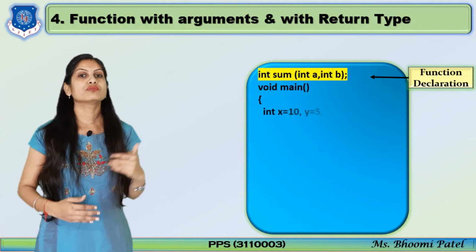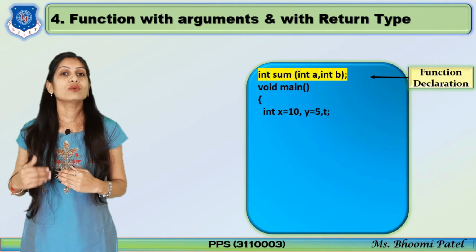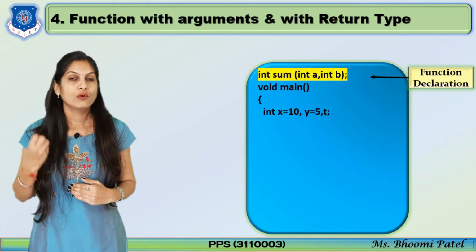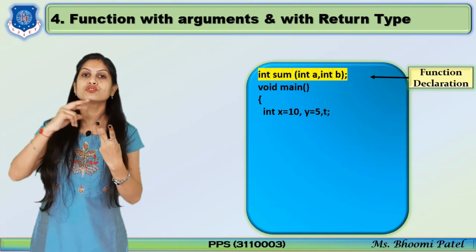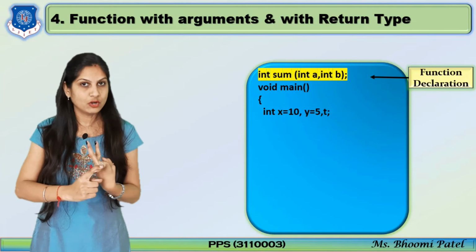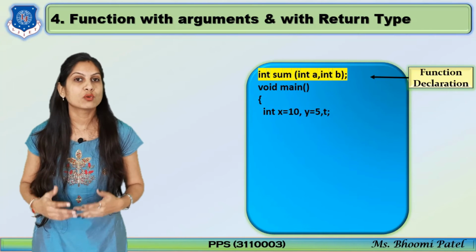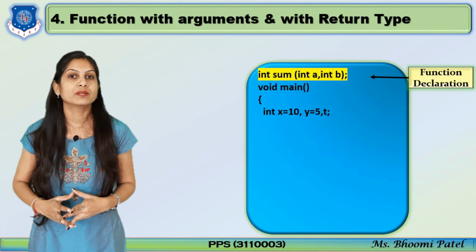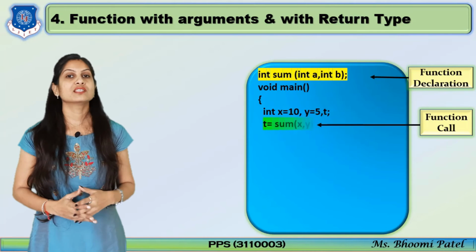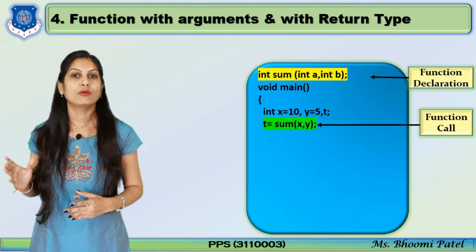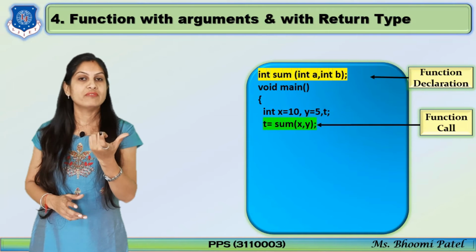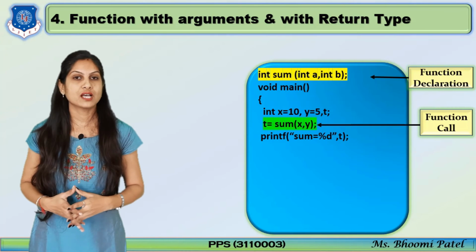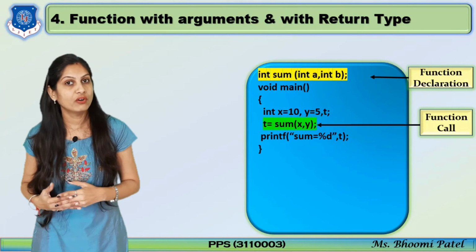Now in void main we have to write the function call. But when you are calling functions, it returns a value also and it reads the input also. For that first we have to write three variables, two for our input and one for our output. So here I am writing integer x equals 10, y equals 5, and the third variable, that is t, that stores the return value of that particular function. And then the function is called like t equals sum x comma y, and then the function's value that is stored in t will be printed. So the message is just like printf sum equals %d comma value of t.